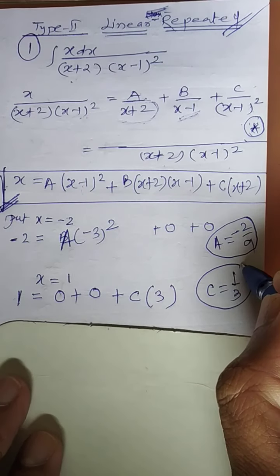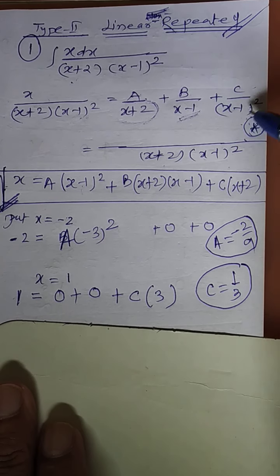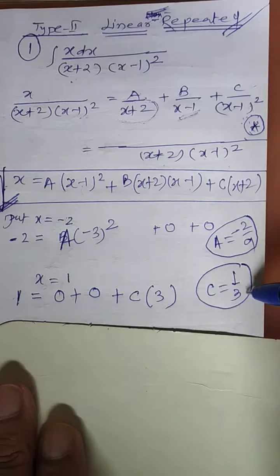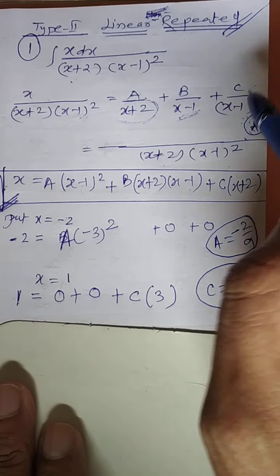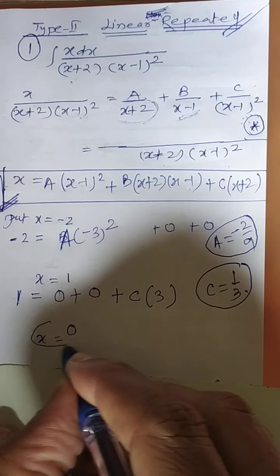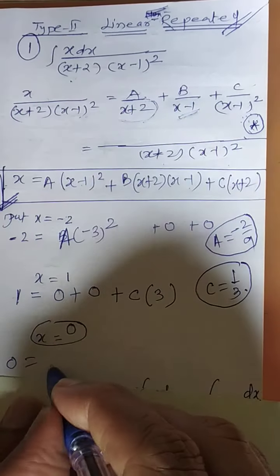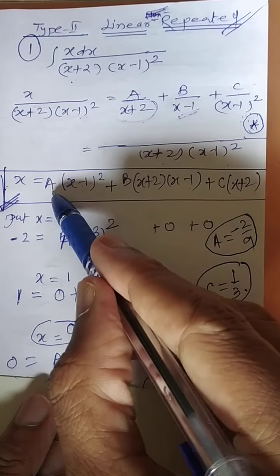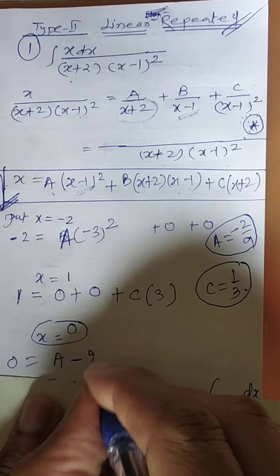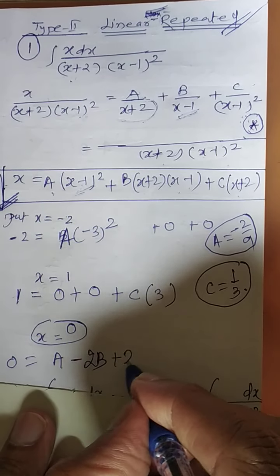Now we have got A and C. Suppose I ask the same question here, you will be saying 1. But 1 it is not possible, because if you are replacing 1, then you will get the value of C only. So in such case, this is a change in the question. You can replace any number. Better way replace 0. Put 0 in the left hand side. Over here it will be A only. Correct, no? This is 0, this is 0. It will be minus 2B plus 2C.